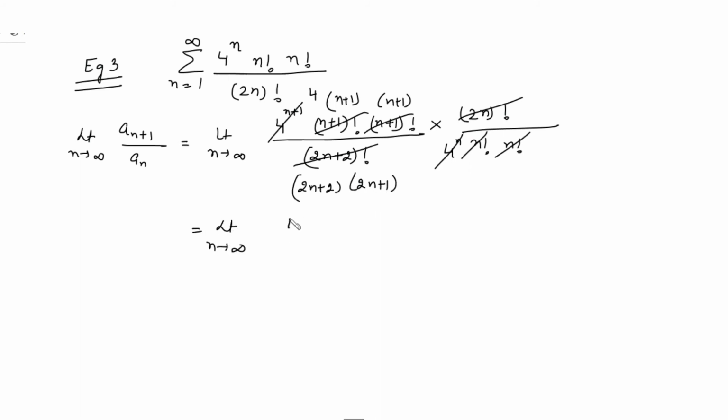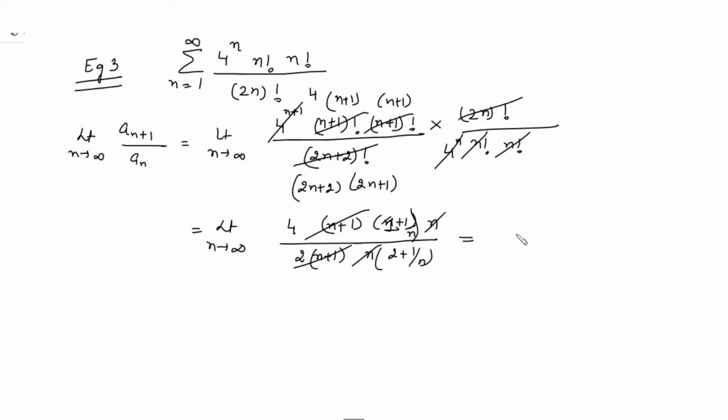So now you just simplify this: you have 4(n+1)(n+1) divided by, you can take 2 to be common from here, and from here you can take n to be common, you will be left with this. From here also you can take n to be common, this n will cancel out, this cancels out. So when you put n tending to infinity, this is 0, this is 0, so you will have 4 by 4, which is 1. Now the test is inconclusive, we can't say the behavior of the series, whether this series is convergent or not.